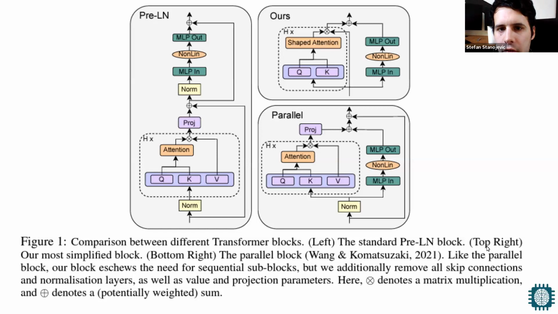A language model may have many transformer blocks. Each of the transformer blocks would have a different set of trainable weights. So on the left is the original transformer block with one small novelty. First thing I want to point out there is